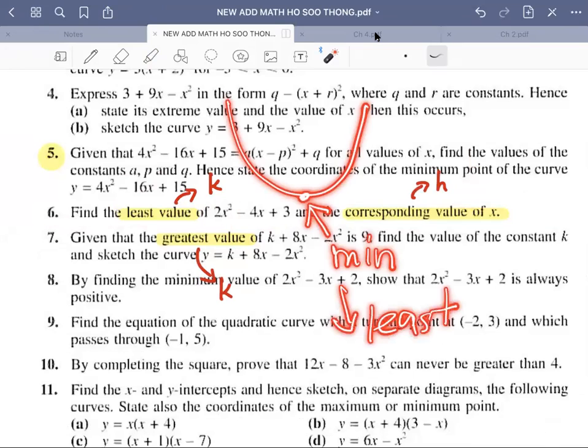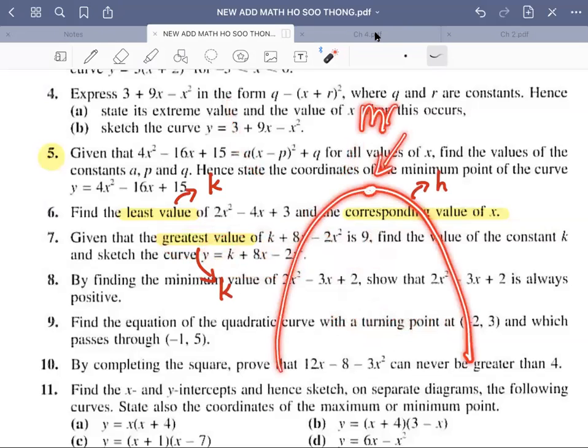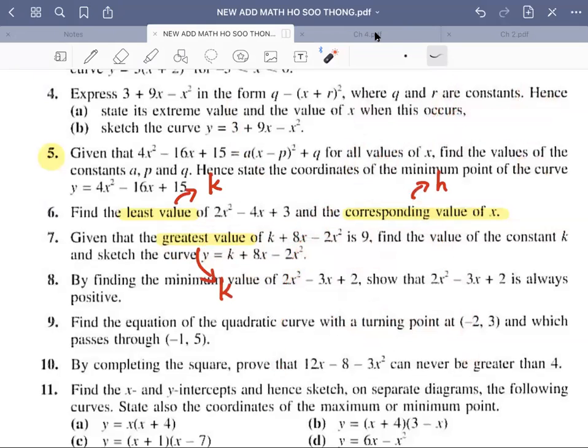Okay, so these are some keywords that you guys need to know, okay? And then for number 7, this is called the greatest value, okay? It's because when you graph this, look at A. A is -2, right? -2. So if it's negative, your graph is sad. That means that your maximum point is here. Okay, if it's maximum point, that is the same with the greatest value. All right. So that's why they're both k, but one is called least and then one is called greatest because of the graph. Okay. So that's it for number